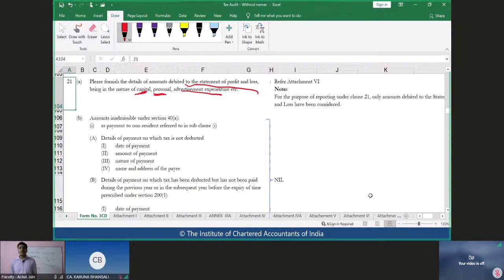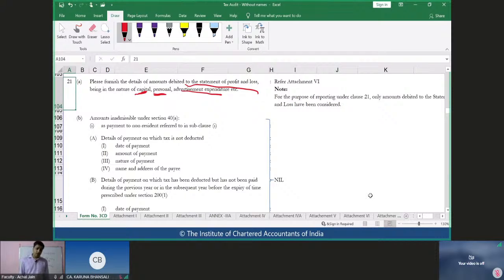Now, how do we trace all of these amounts as an auditor? Objective of the auditor is to now look at the P&L, scrutinize the P&L and pick up all of these amounts from the P&L. From the P&L, some of the heads which may help the auditor could be about repairs and maintenance. For example, it may have happened that certain items which should have been capitalized as PPE were charged off by the management by straight away taking them to P&L. It may be intentional, unintentional. We are not worried about it. We are just required to report all of those cases.